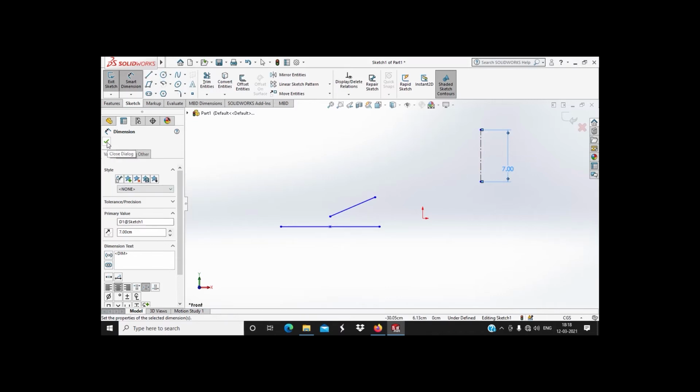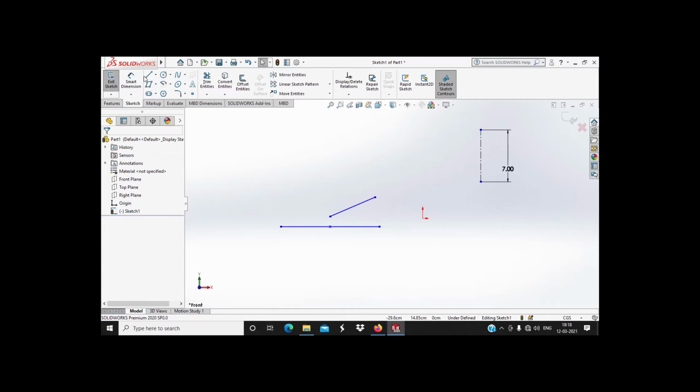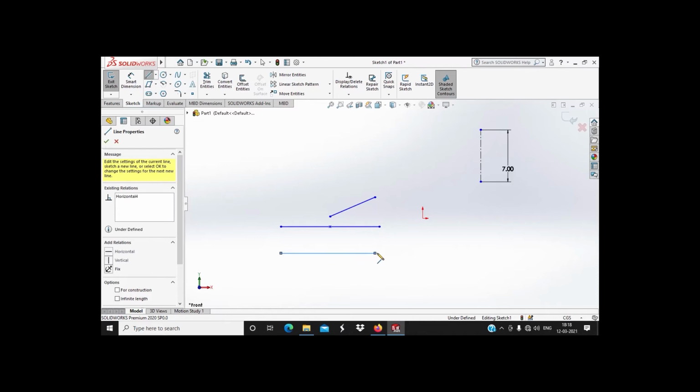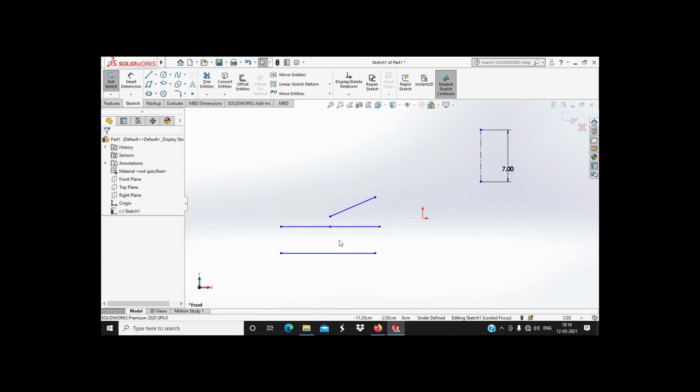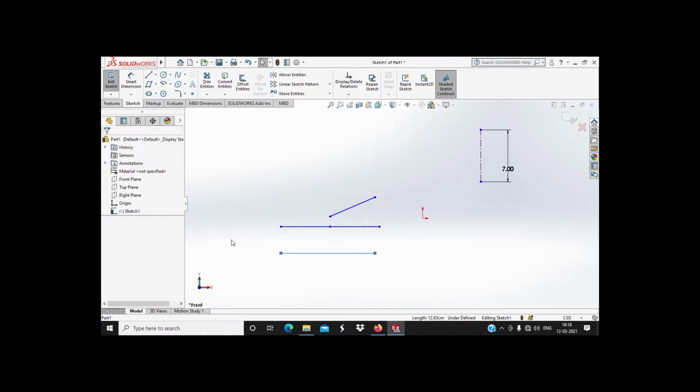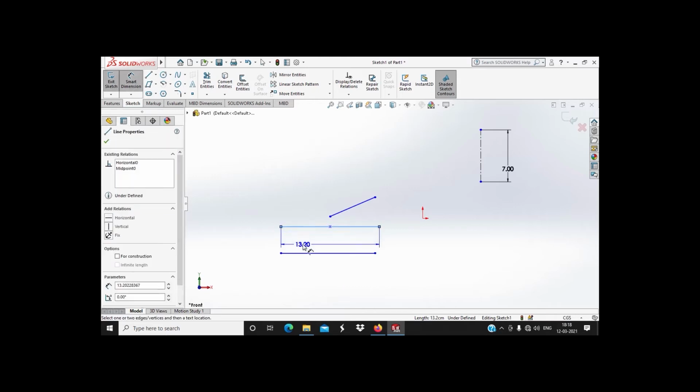Next, for giving distance between two lines, I am making this line horizontal and I want to give distance between these two lines. For that, select Smart Dimension, click on first line, then click on the next line.